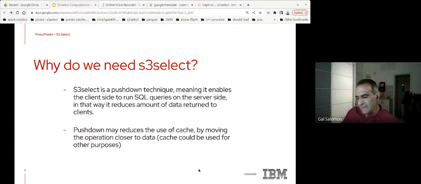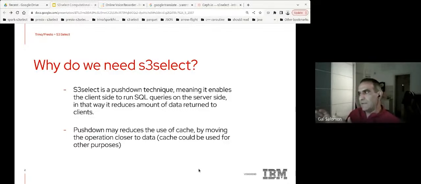Now, it's about the push-down paradigm. The push-down paradigm is an old notion. If you know Oracle, you have stored procedures, for example. It's a very old paradigm; you have it everywhere. These days it's also being discussed and done in many features in hard disks and the like. In this case, the push-down paradigm is about moving the operation close to the data, which is really